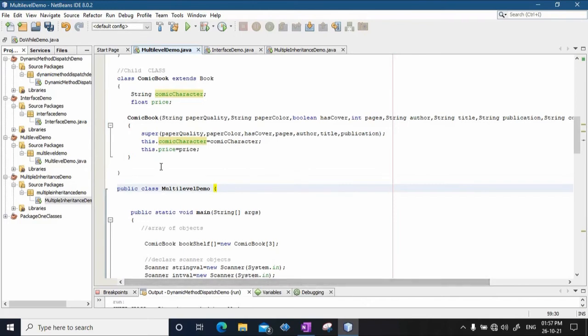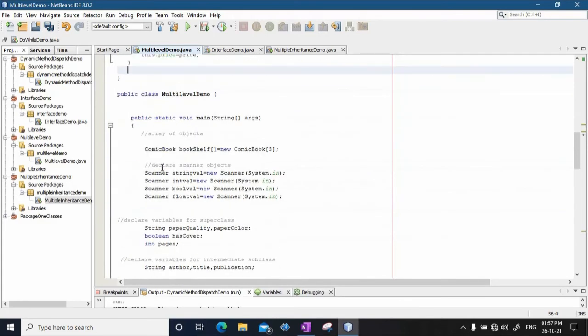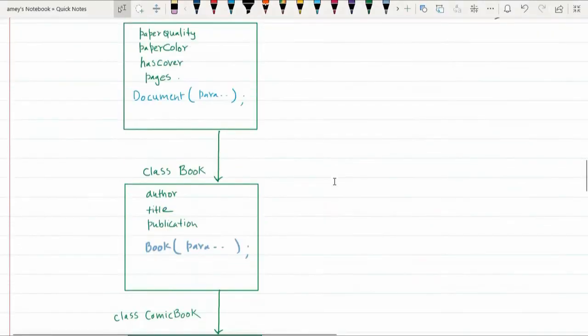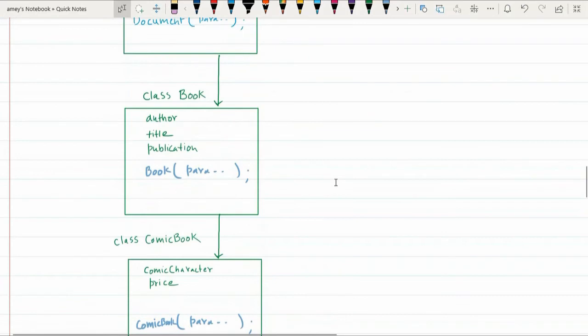Fine. So this is how we have created multi-level inheritance. Now let's see how the objects will be called. I am trying to mimic the college library, and in a college library you have something called a bookshelf.